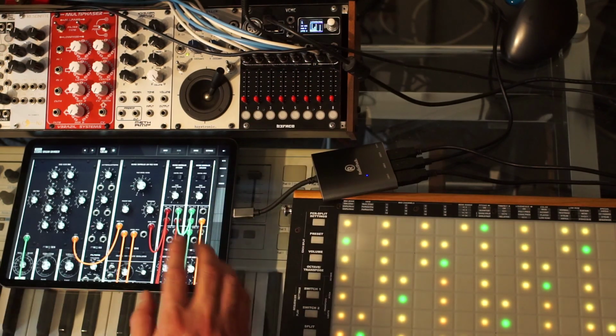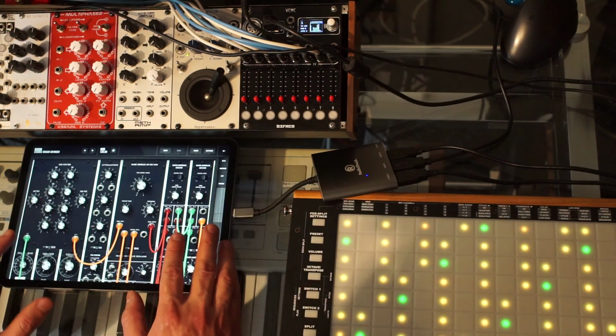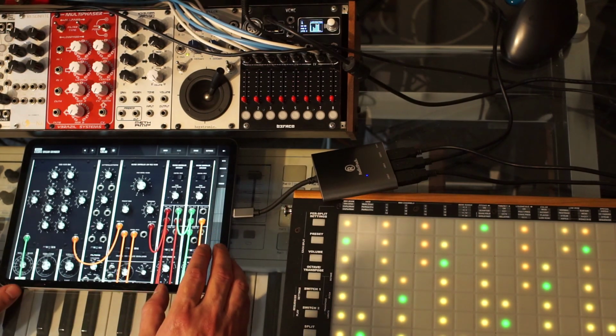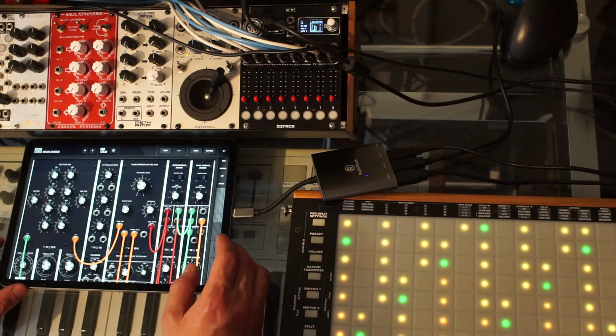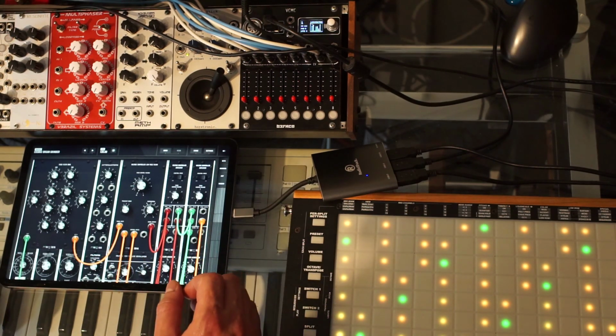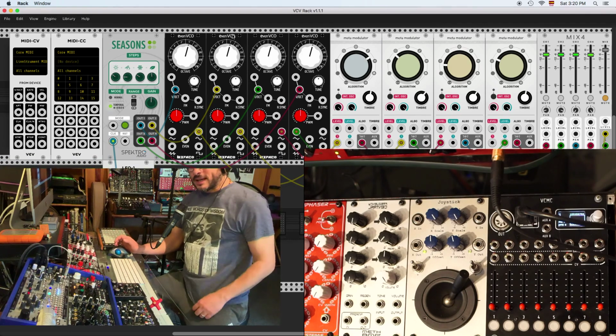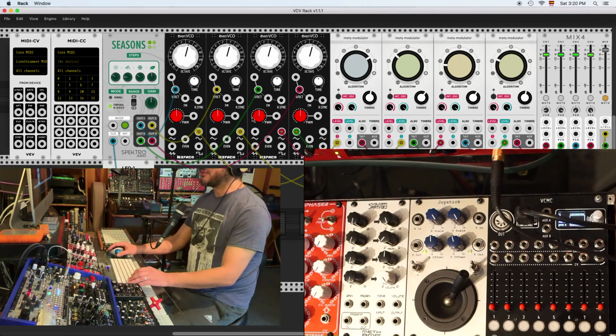So I'm sure if I really think about it, I can come up with a patch from scratch that's using modulation sources from my physical modular and modulating parameters in my iPad modular. So cool. All right, and for our last test, I've loaded up VCV Rack, the famous, which is probably what